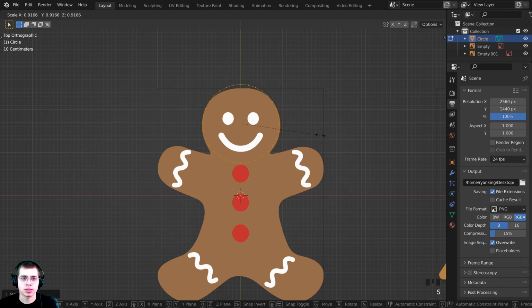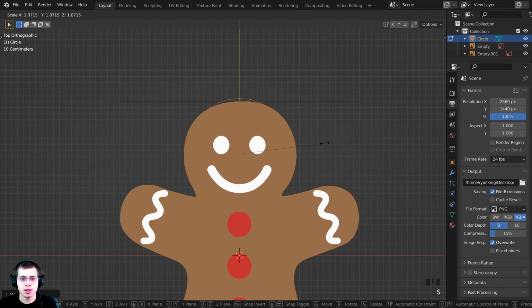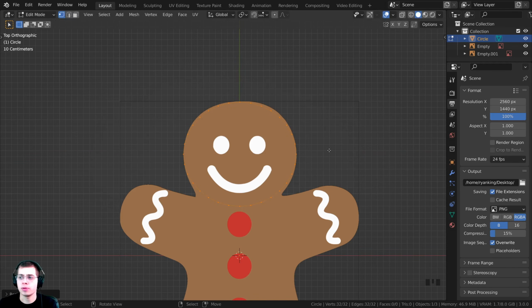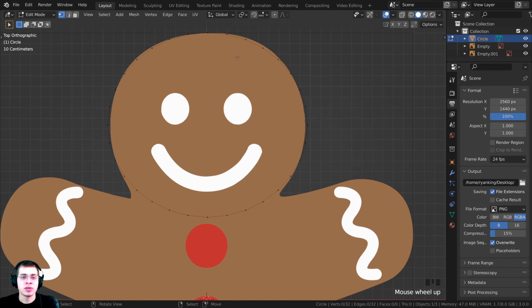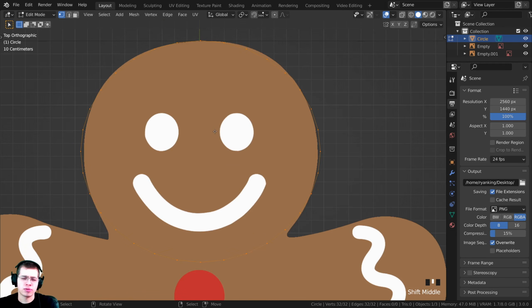that up, and I'll press S to scale, and I'll scale that down. And then I want to press S to scale, and I'll scale it on the X-axis, so I'll hit X and just scale that out a little bit so it kind of is the general shape of the gingerbread man. Now, I don't really care to model it exactly to the reference image. I'm just going to be using the reference image just to get the basic shape, so this is good enough